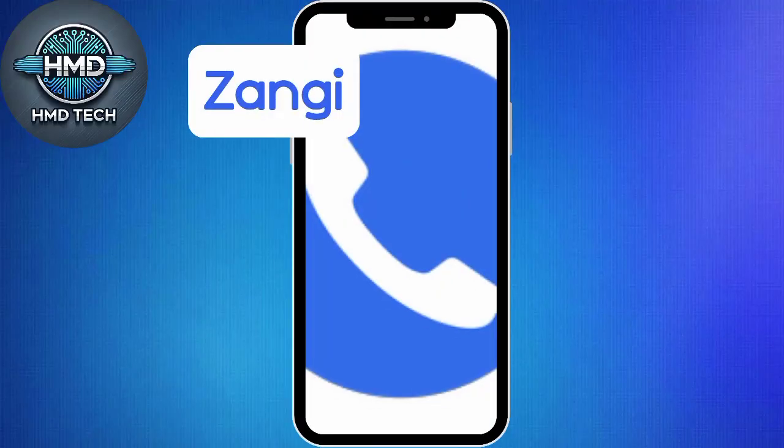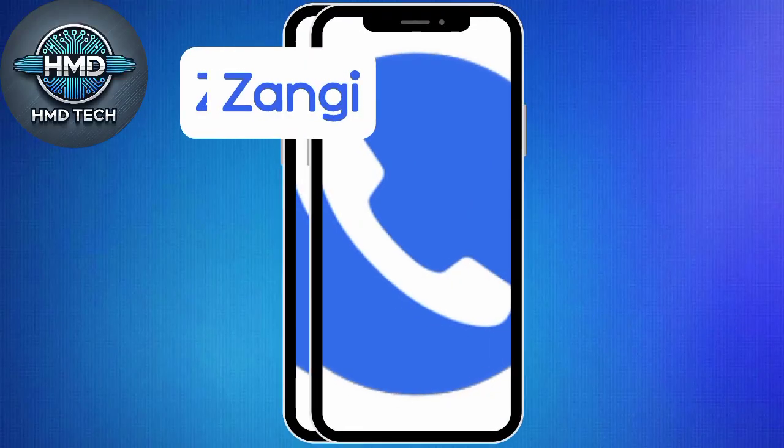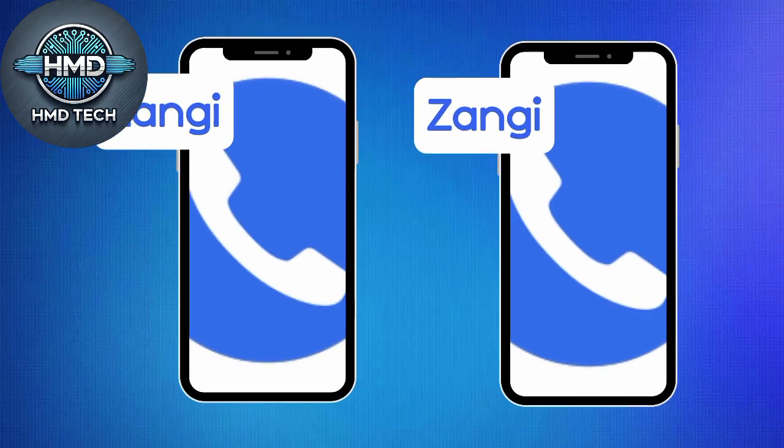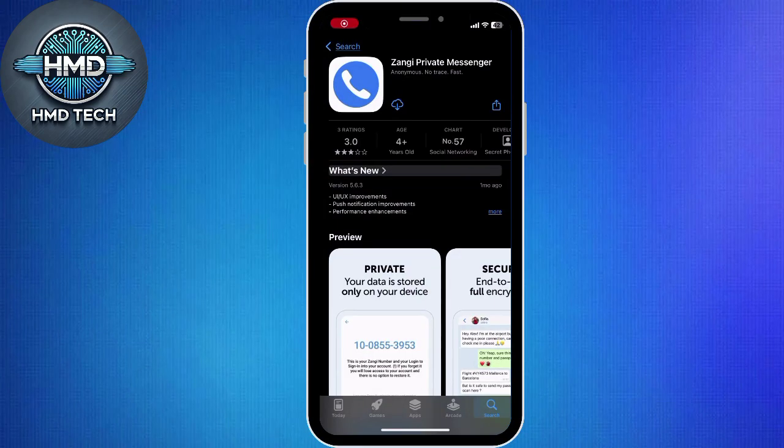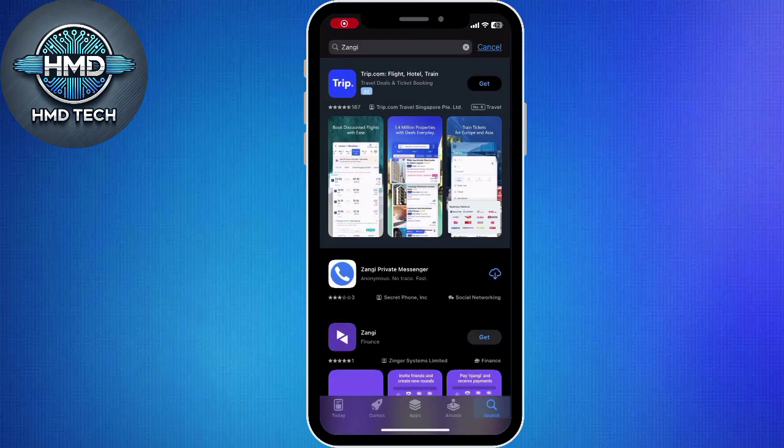Today, I'm going to show you step by step how to log in to your Zangi account on another phone in 2025. Whether you've just bought a new device or you want to switch between phones, the process is very simple and secure. First, go to the App Store if you're using iPhone or the Google Play Store if you're